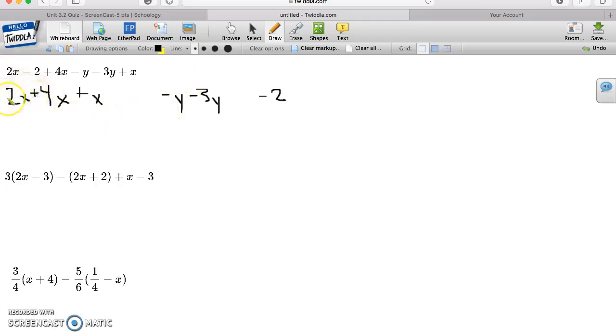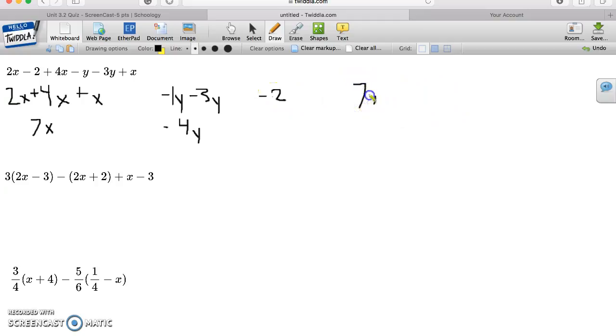So now we get to solve these. So 2x plus 4x equals 6x. Ooh, 6x, but then plus another x, that's going to be 7x. And then for our y's, negative y, which we can just see as negative 1y, they mean the same thing, minus 3y is negative 4y. And then that negative 2, we can't do anything because it doesn't have any variables, so our final answer is